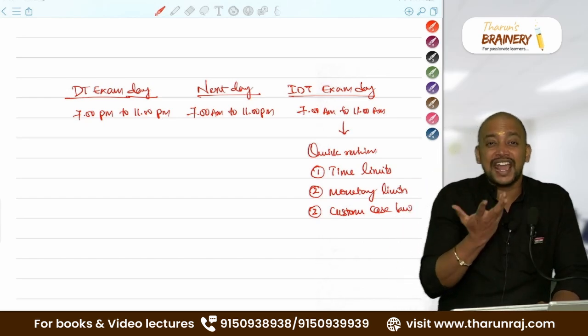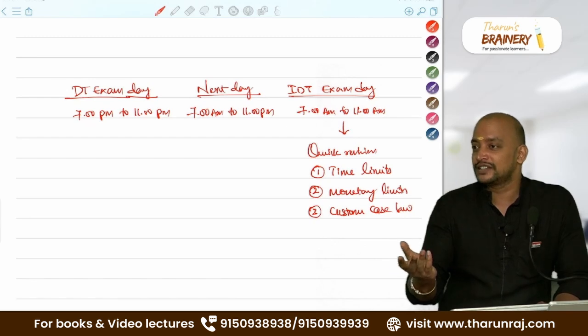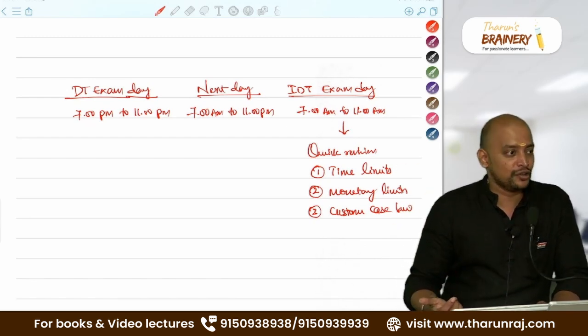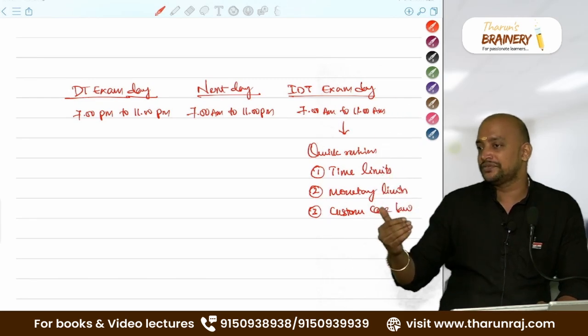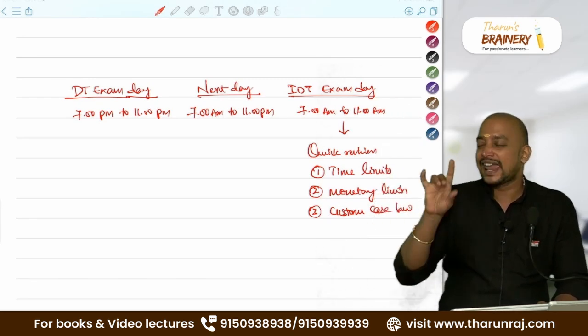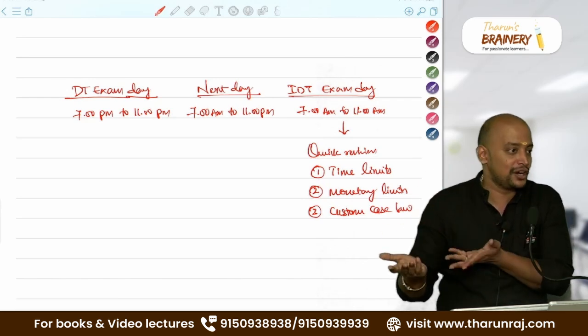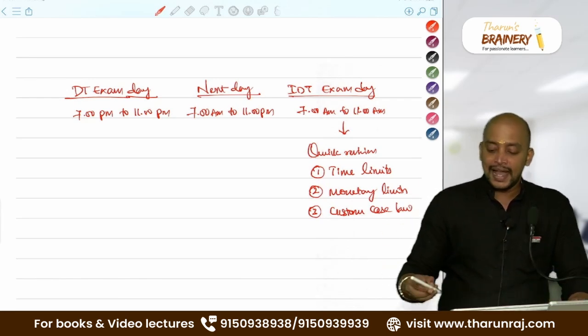When you write with the case name and all, 4 out of 4 you will get. Decision you will write, but if you try to write the case name also, you will get 4 out of 4. That's why I will give you the compiler of those Supreme Court cases. Try to revise the case names, because that day you can do that only, because beyond that you cannot do anything. And then